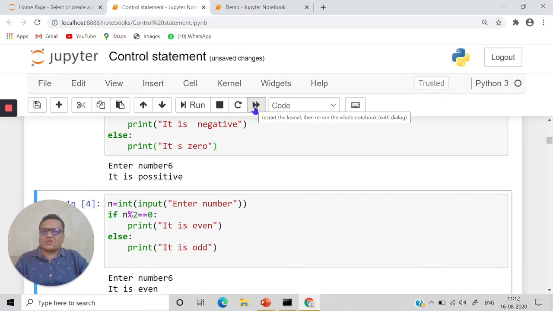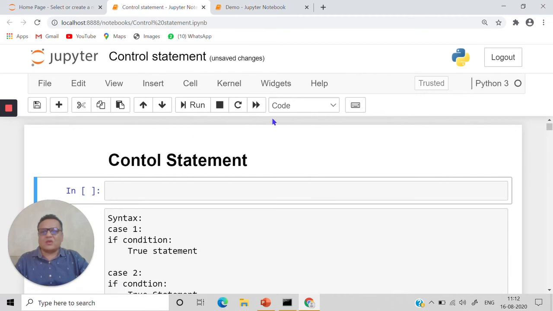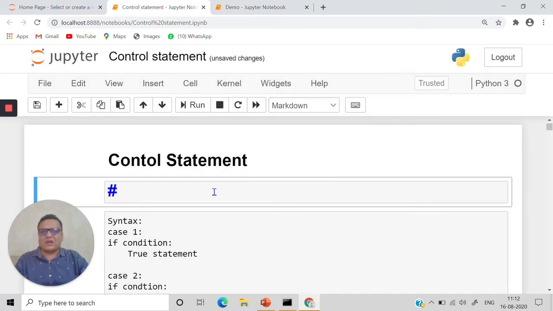This is the next code to run, and these are the three or four options we have. Code: if we are writing code, we click on code. Let's say I want to make a heading, so I'll insert a cell below and choose heading. I'll say OK and write here demo.